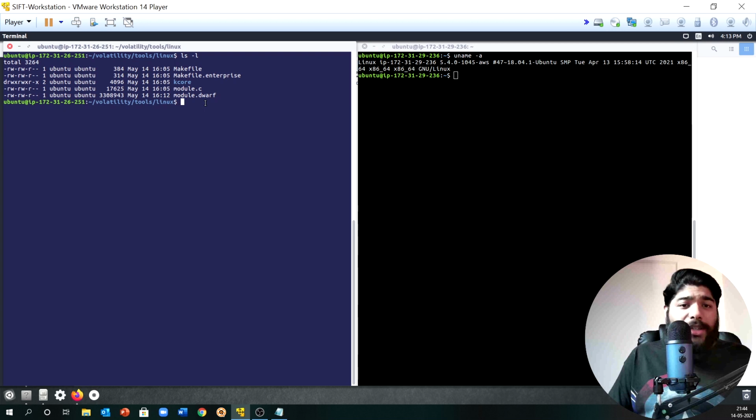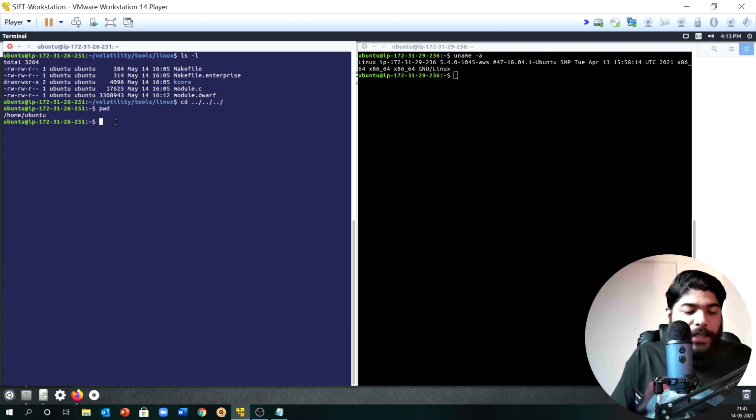Okay, so now we can go to our home directory from where we were running everything. So cd, and it will go two steps and another step. Okay, so now we are, I guess, in home Ubuntu. Awesome. Now, we obviously validated, right? From this particular machine, which is the infected machine, we verified that both kernels match. So what we need to do at this point of time is run